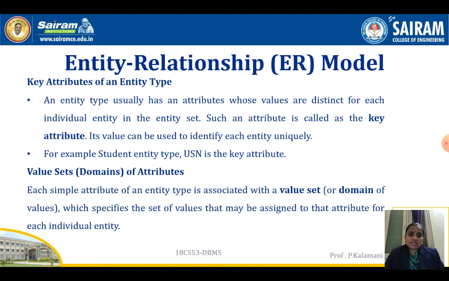For example, age we have declared as an integer type, and we have specified the constraint that the age of an employee is limited to 20 to 55. So the age attribute will take values between 20 and 55. Less than 20 it won't take, above 55 also it won't take. That is called the domain or value set of an attribute.